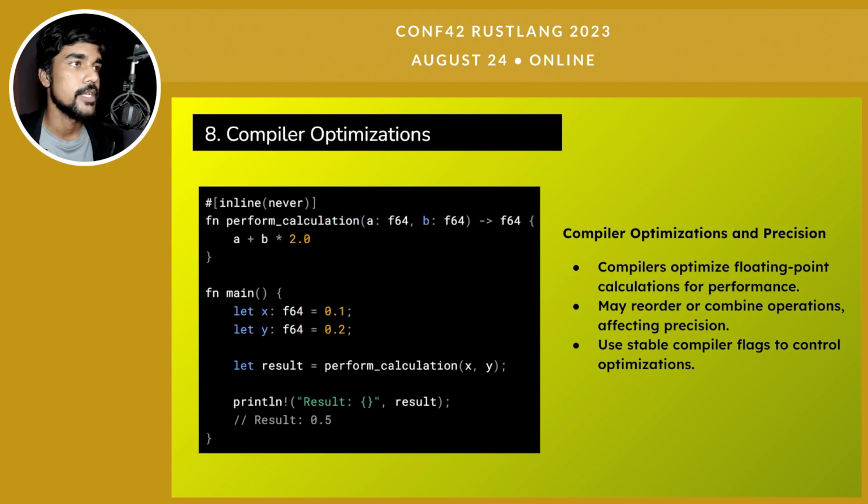For example, in this code you can see one function, perform calculations, which takes two distinct floating point numbers. It could be computed in a way such as b times 2.0 and then added, or it could be added first and then multiplied by 2. I'm not saying that the order of evaluation is completely ignored, but how the compiler is going to deal with such a complex expression is up to it. You can't predict it almost every time, so it's better to use appropriate compiler flags.